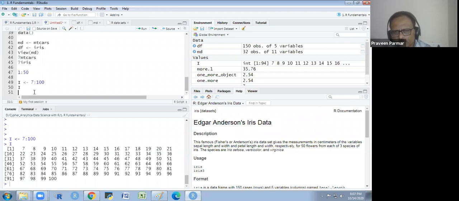Now I want to show you, this is very important. This square 1 is the first element position. Here the position of 22 is 16 position. Understand? It is the 17 position, 18 position, 19 position, 20 position. Understand this thing? What does it mean? 46 is the position of 52.